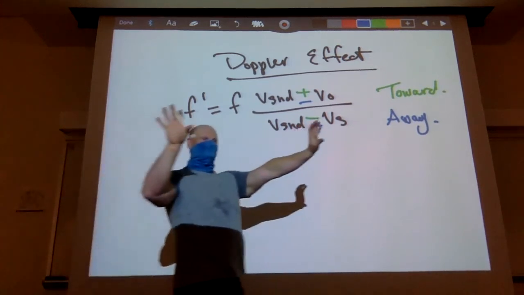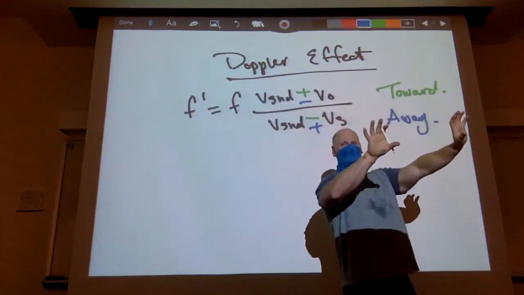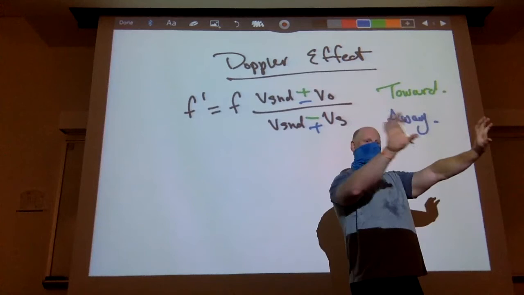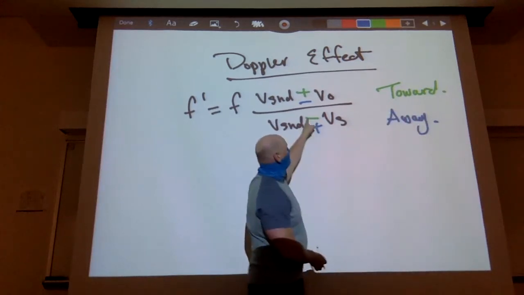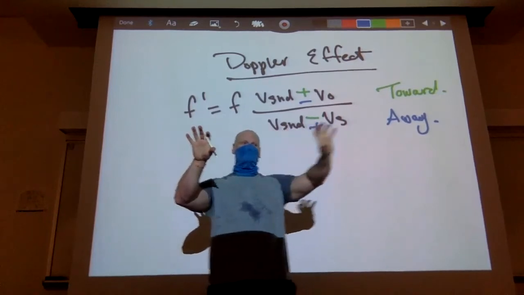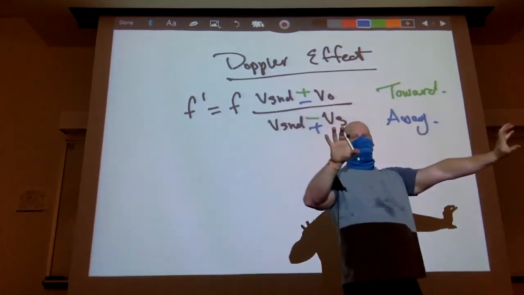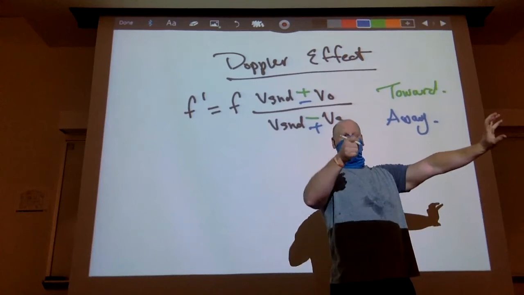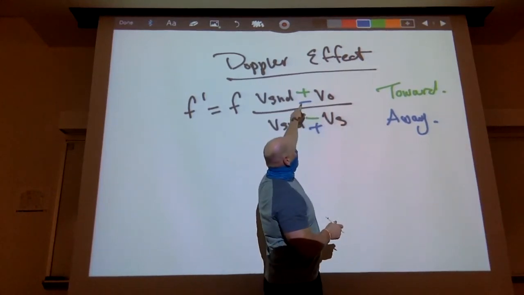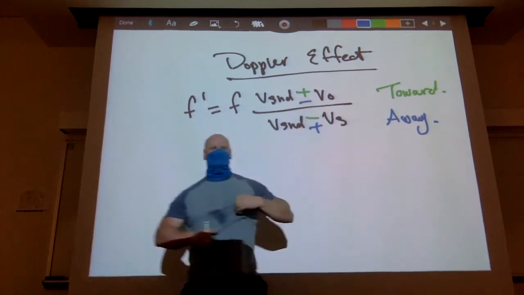So in that case, you have this cop car chasing you. So in this case, the cop car, which is the source, is coming towards you. In that case, you would say the source is moving toward, so that goes with the negative sign. You, as the observer, are moving away from the police car because you don't notice they're there because you got your music cranked up too loud. You don't actually hear it, right? Which means you are simultaneously moving away from the police car,